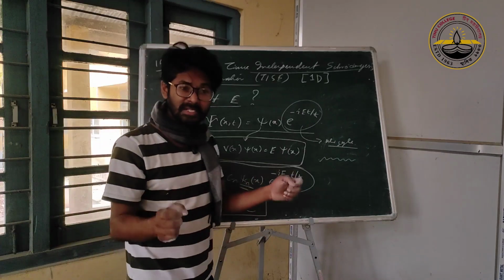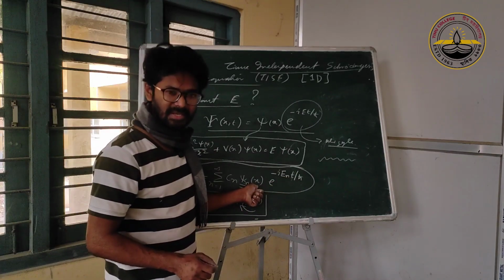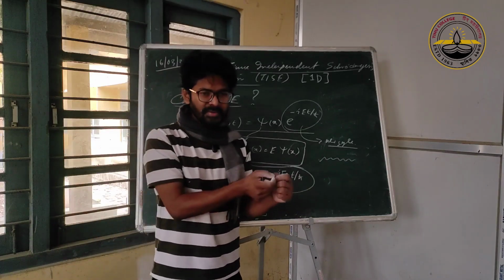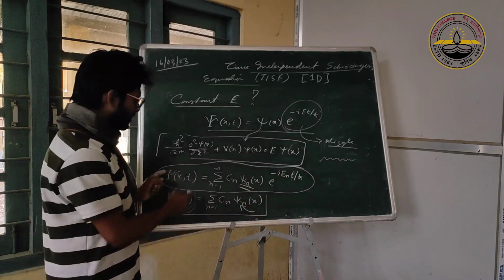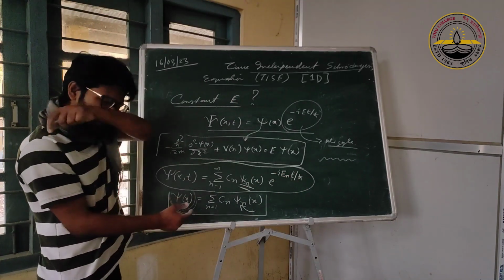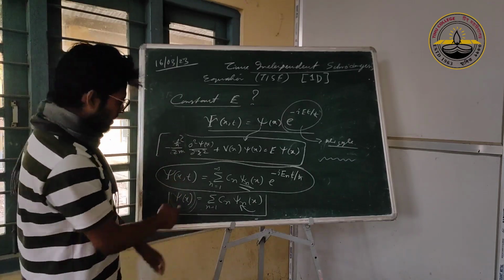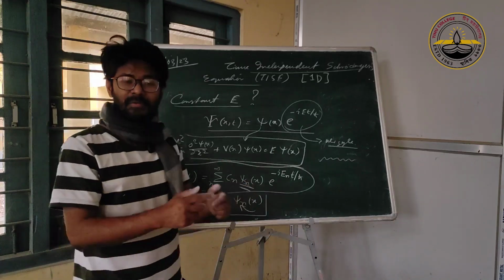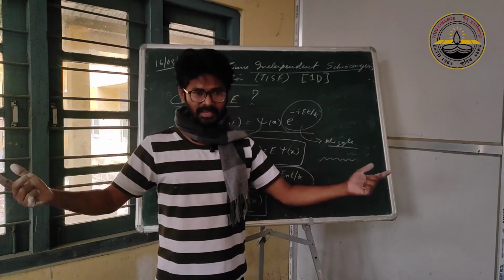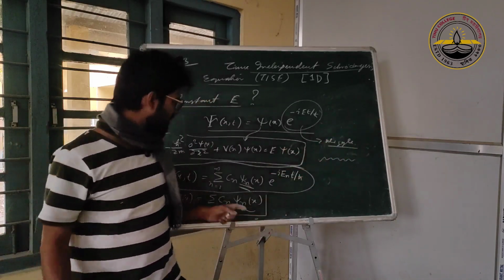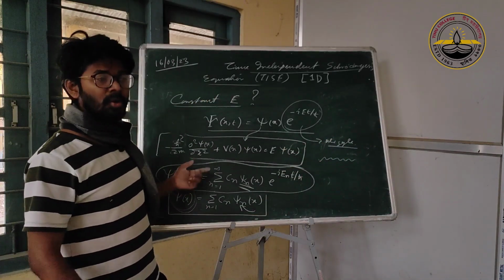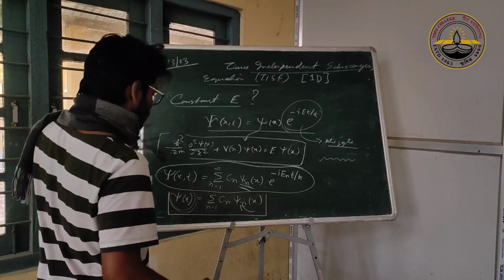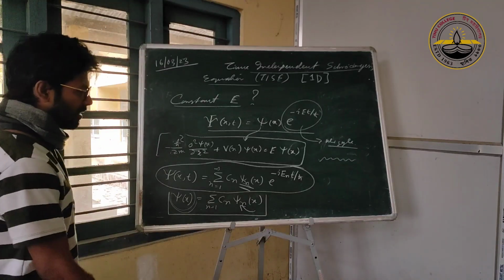What do we mean by within that space? Whatever range x varies over. For example, if you are doing a particle in a box, then x varies from 0 to L, so this function must be valid within that range. This function will also be valid between 0 and L. If you're doing it for a free particle, then it's valid from minus infinity to plus infinity, and any function within that range works. So that means it solves our problem.